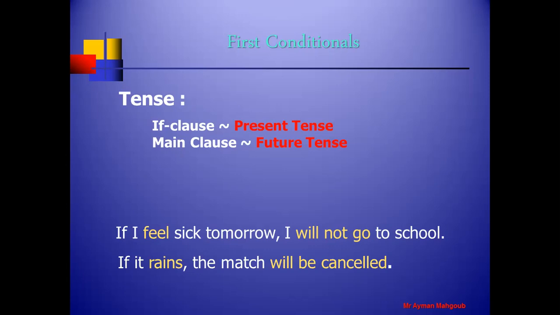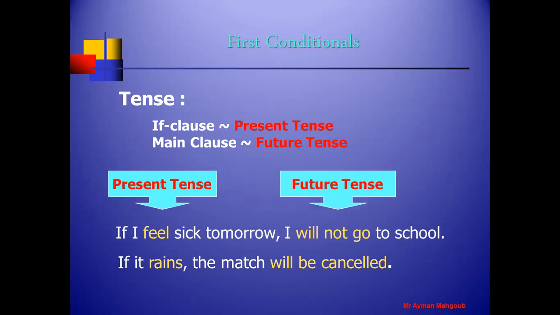If it rains, the match will be canceled. أو can be cancelled, should be cancelled, all of them are right. So the sentence that comes after if is present simple, and the other sentence is in the future, will plus infinitive. بس لاحظوا معايا برضو, mind